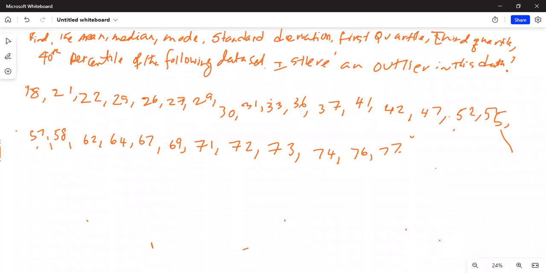Find the mean, median, mode, standard deviation, first quartile, third quartile, 40th percentile of the following data set. Is there an outlier? Okay, so first we have to enter the data in